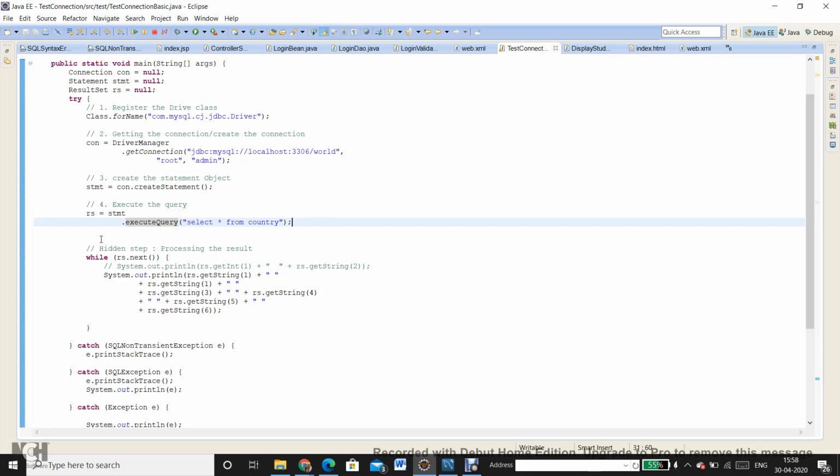So in that case, the method that I must use is not execute query, rather the execute update method. Okay, so let me replace this query.